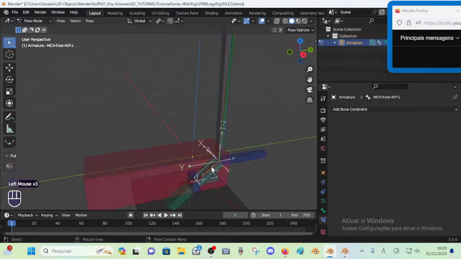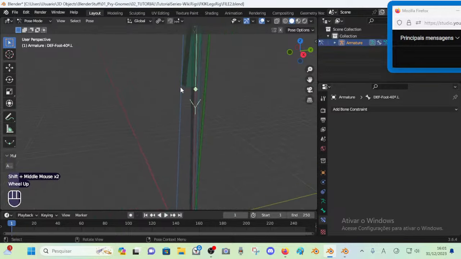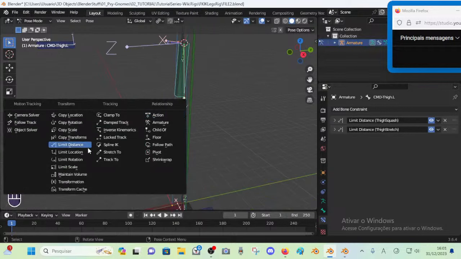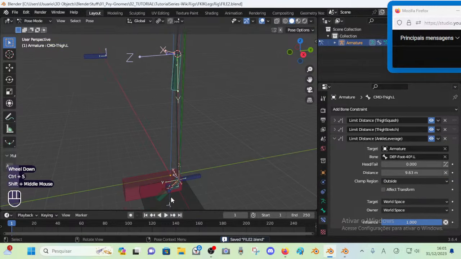So if I pick the foot here, I will add a limit distance, and this is a special foot, def foot, whatever, ankle leverage if you want. We're going to have outside here the distance, world space, okay. And so what this does,